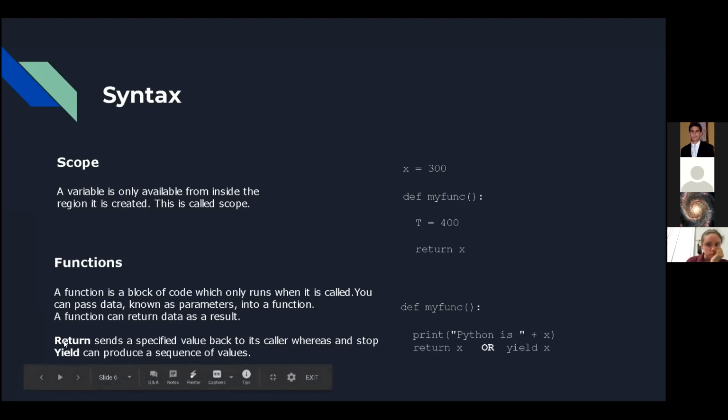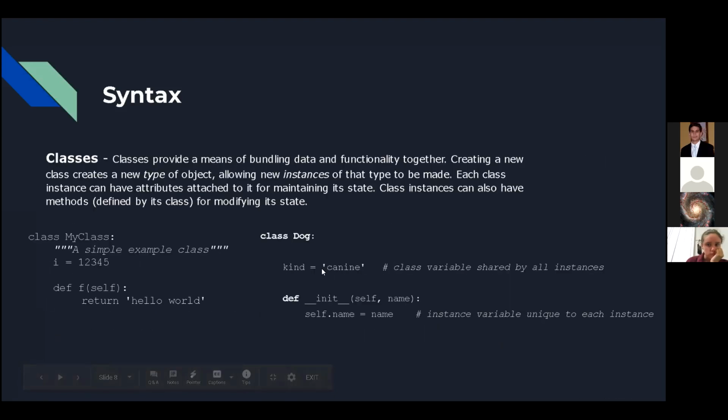These functions can either do stuff like print or multiply and change something in memory, or they can return, or they can yield. This is what I was talking about before. You can either return and stop, or you can yield and get one value, so if you go back, it would be right where you left off, pretty much.